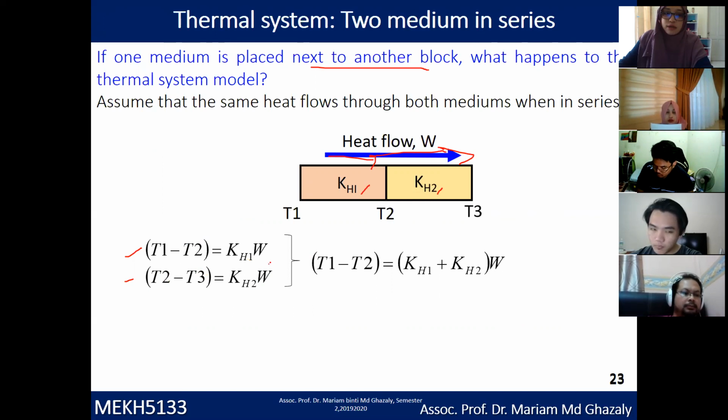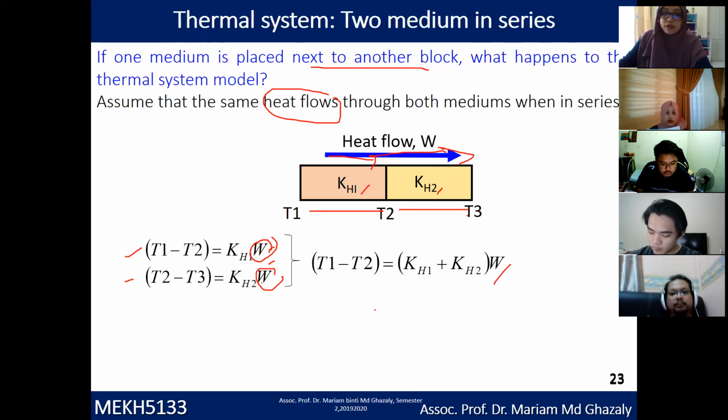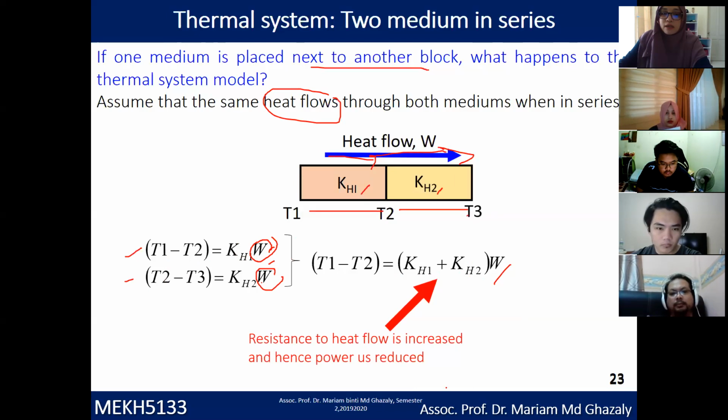You can write the first equation as T1 minus T2 equivalent to KH1 W. Then the second equation is T2 minus T3 equivalent to KH2 W. Because we assume the heat flow is the same, W is the same value. Substitute and rearrange, and you get T1 minus T3 equivalent to KH1 plus KH2 times W. So when you have media in series, we can summarize that the resistance to heat flow is increased and hence